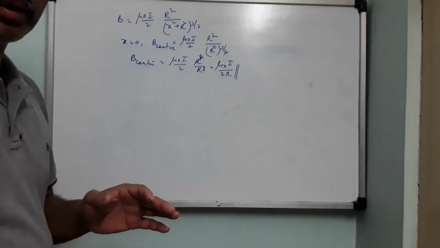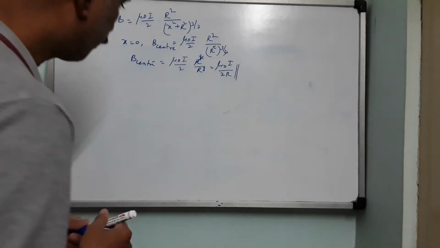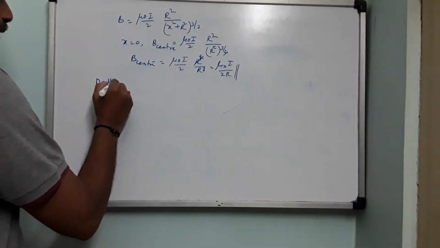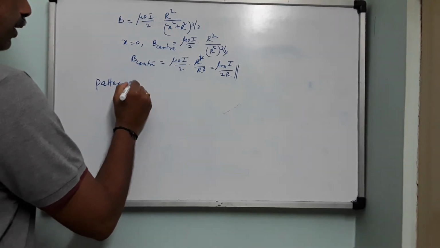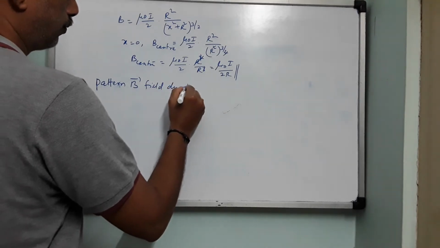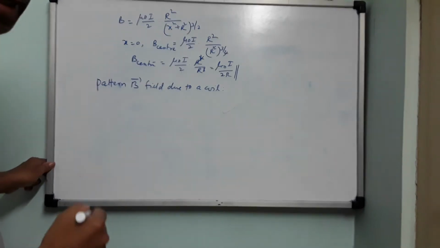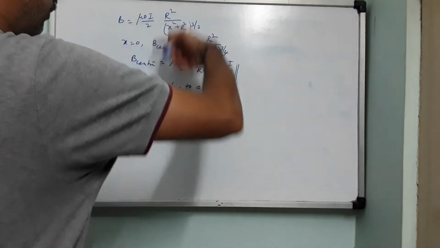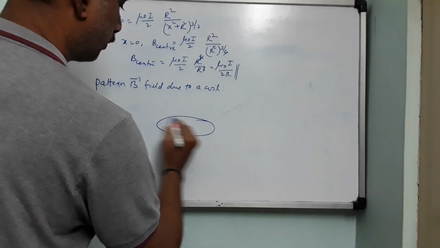Right. Now what will be the shape of this magnetic field? Rather, let us call it a pattern. What will be the pattern of the magnetic field of the coil? This is asked for 1 mark in board examination. Pattern of magnetic field due to a circular coil. You have drawn this in class 10th also. Now instead of imagining it perpendicular to the plane of the board, you just imagine it in the plane of the board like this.